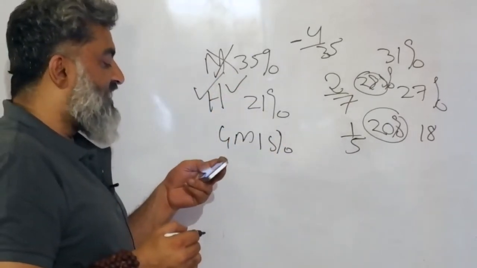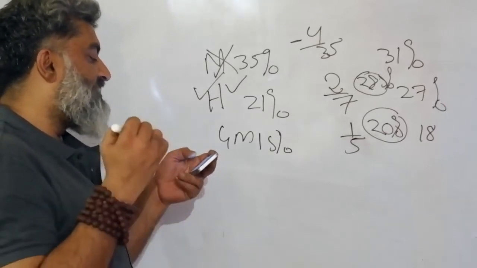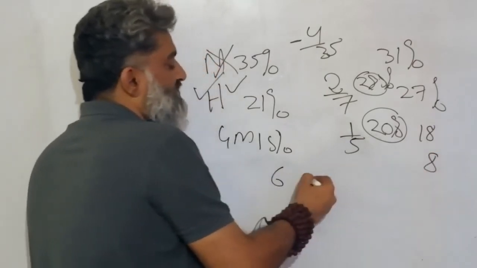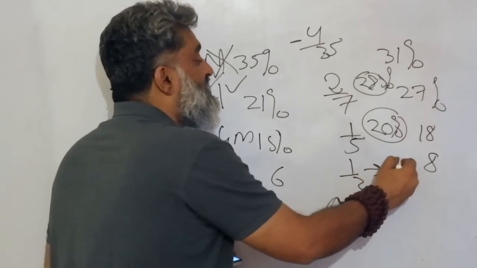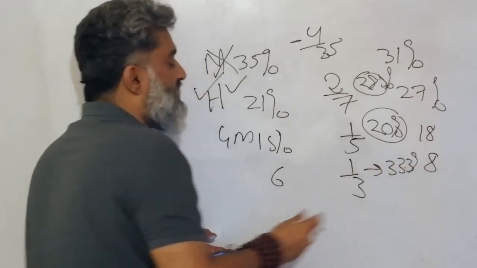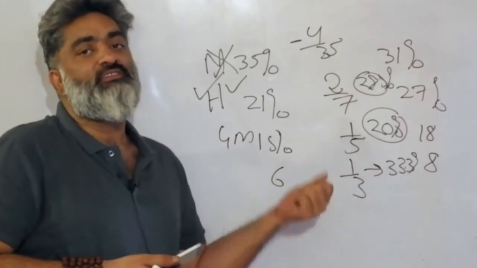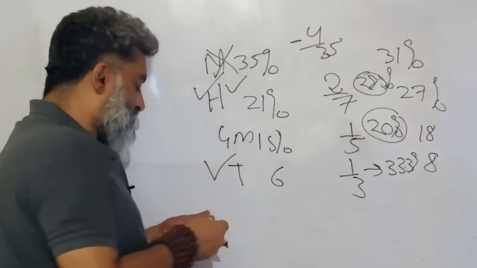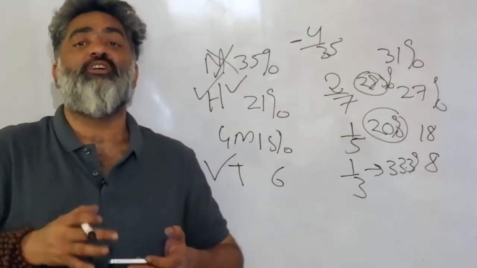Any other choice? Yes, I have Tata as well. Tata was 6% earlier, and now it is 8%. From 6 to 8. That means 2 by 6 or 1 by 3. 1 by 3 is 33%. This is better, right? 2 by 6, the difference is 2 on a base of 6. It becomes 1 by 3. So my overall winner is going to be Tata, because the question was about growth rate,